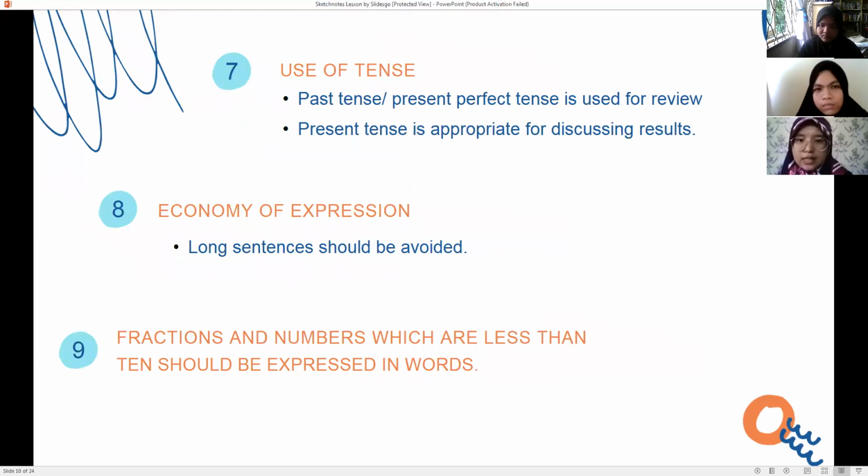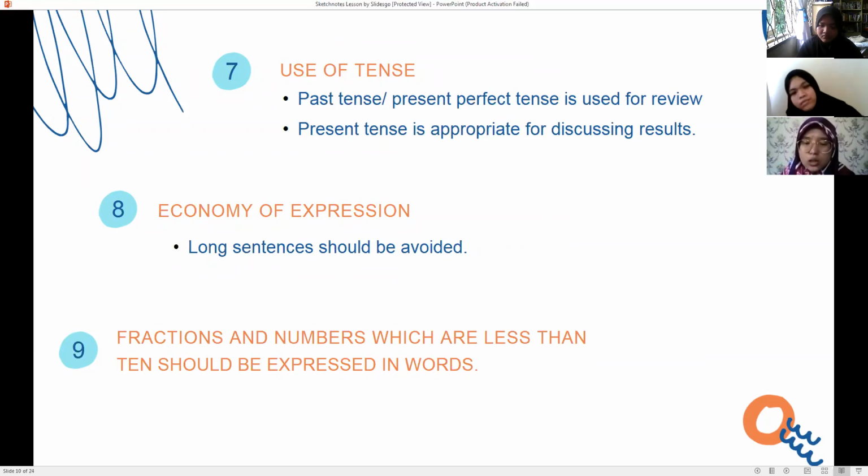The next one is use of tense. We usually use past tense for the literature review, and the present tense is appropriate for discussing the results of our analysis. The next one is economy of expression, which means long sentences should be avoided.